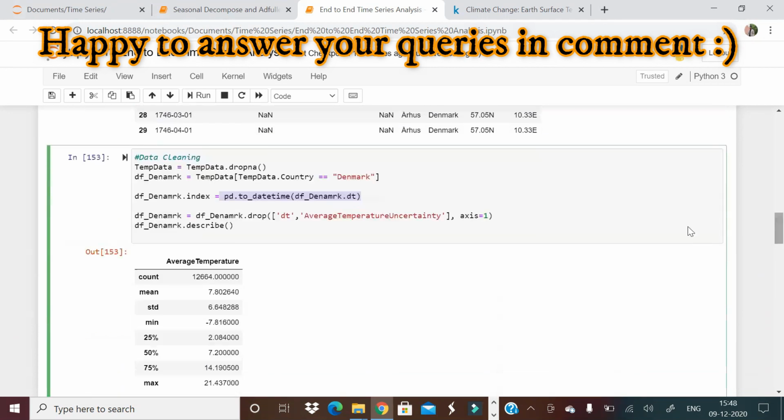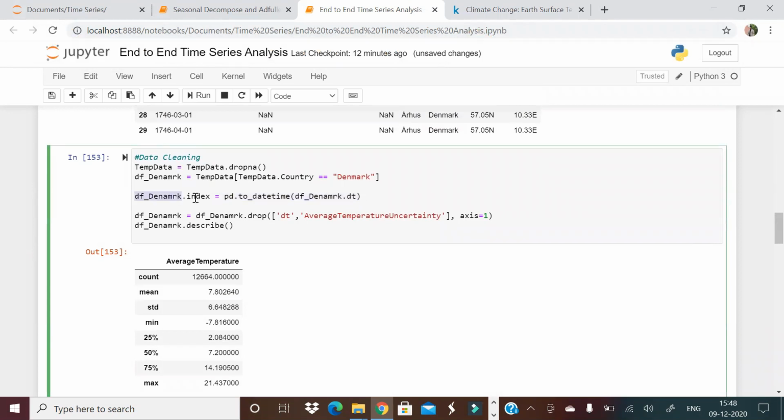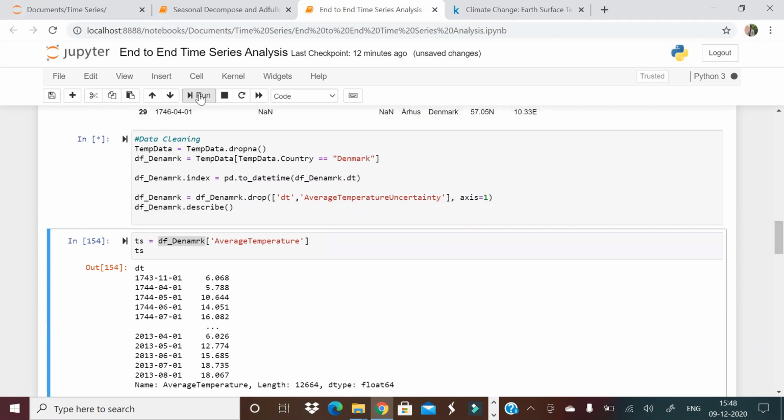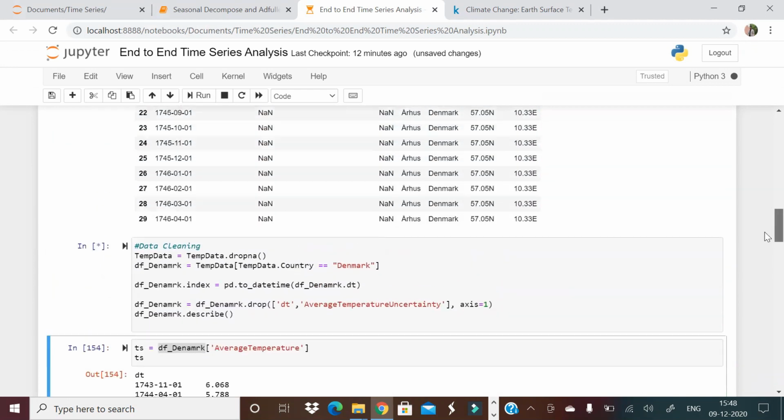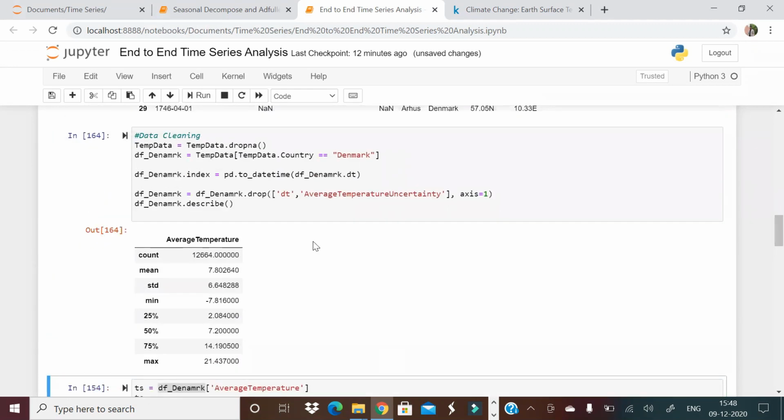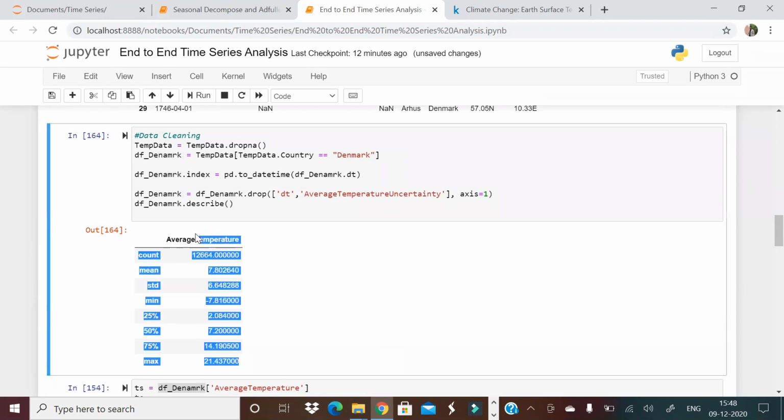That's what I'm saying here: df_Denmark dot index is equal to the first column of the data. After that, I do not need all the columns of the data, so I'm dropping those columns. Now my df_Denmark is a time series with one column, that is average temperature, and then we have the index, of course.